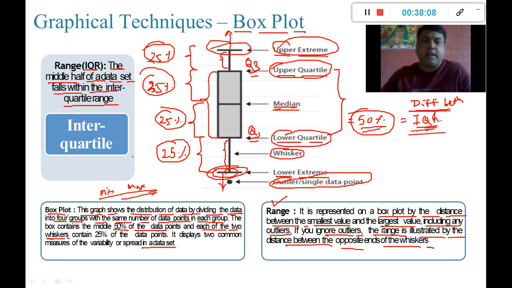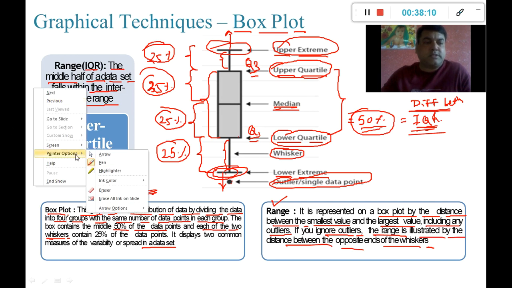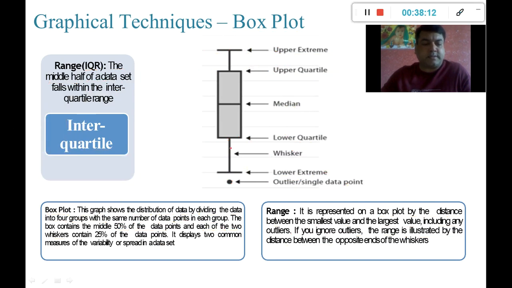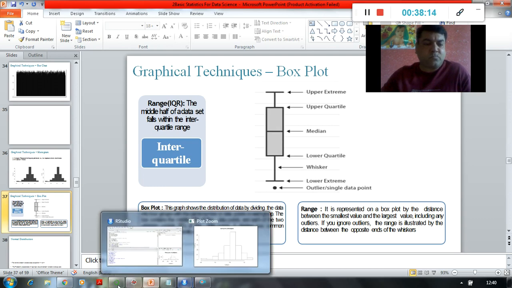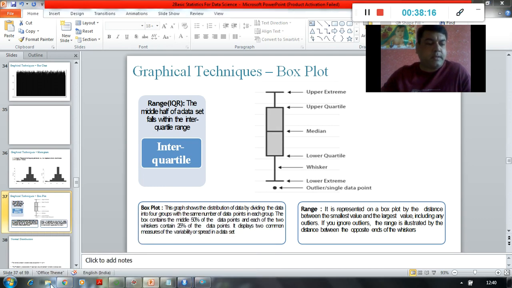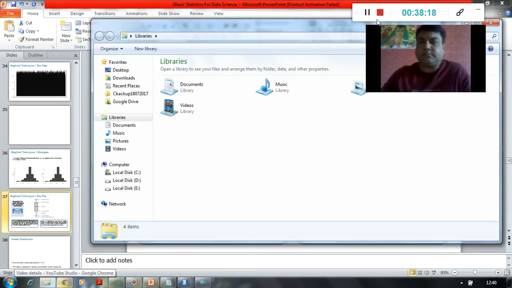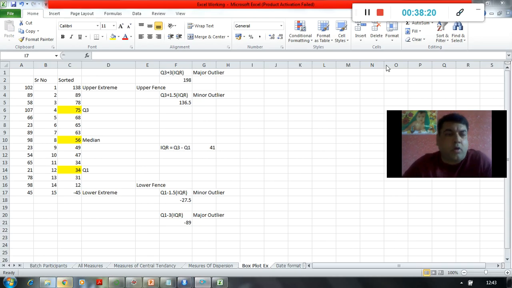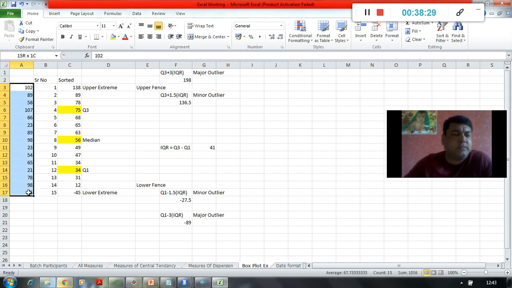Let us understand this box plot concept in more detail in Excel. Let me open that file. Alright, this is the data in my sheet. Suppose the data is like this, random data, and I have not labeled it.